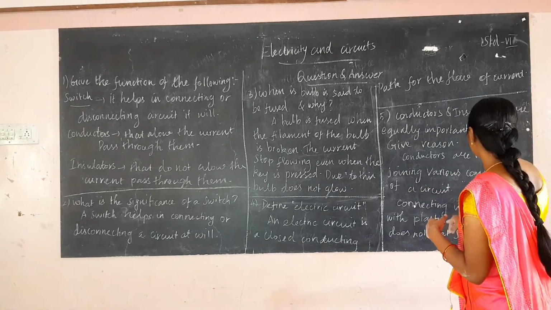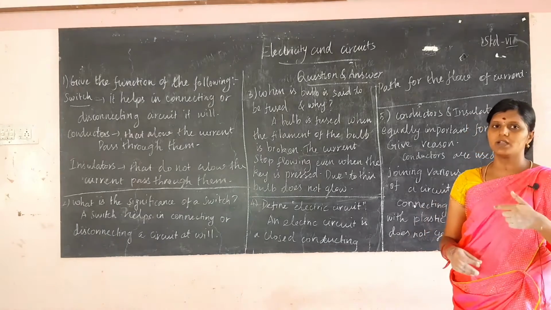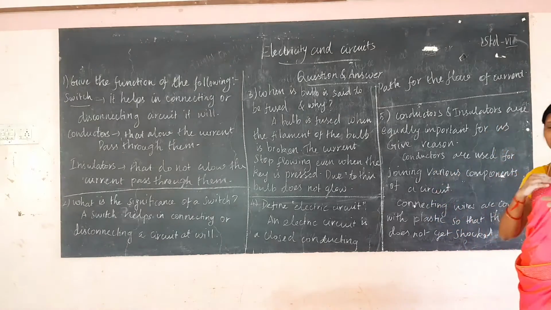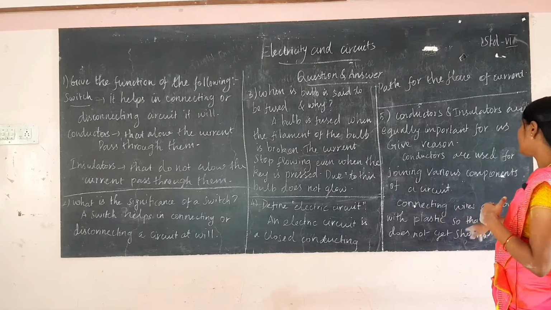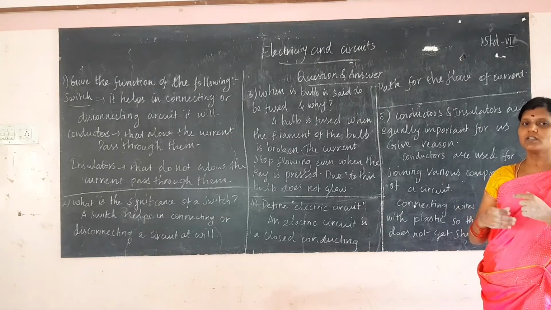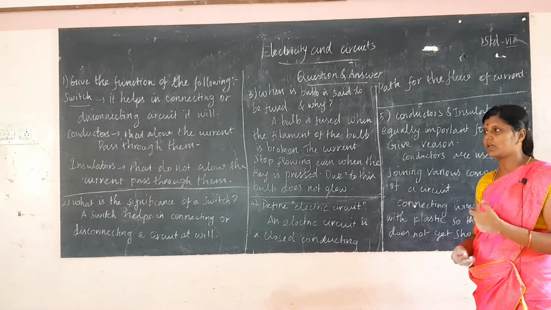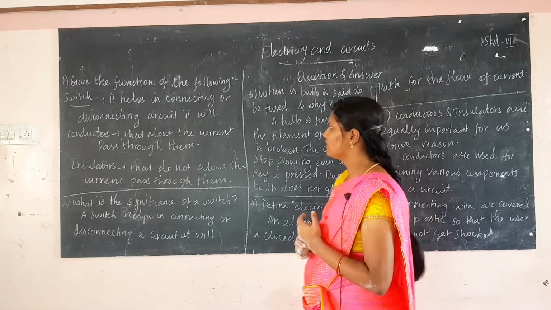So connecting wires are covered with plastic. Connecting wires வந்து எதால கனெக்ட் பண்ணிருக்கோம், conductors தான். conductorsனா என்ன காப்பர் அதெல்லாம் வச்சு தான் connecting wires வந்து மேக் பண்ணுவோம். So connecting wires are covered with plastic. அதுக்கு மேல ஒரு பிளாஸ்டிக் இருக்கனால so that the user does not get shocked. நம்ம தொட்டாலும் ஷாக் அடிக்காது.